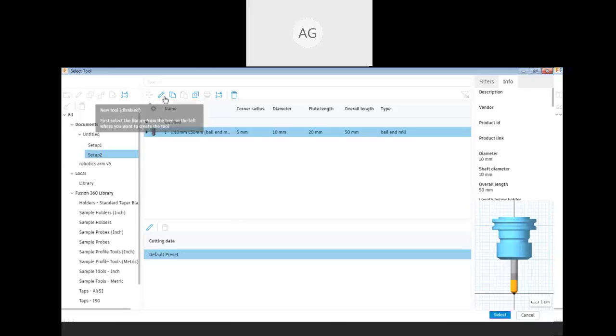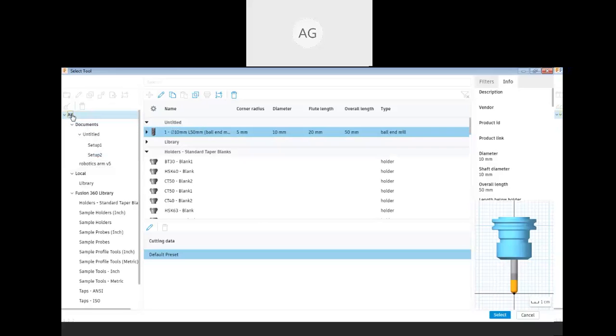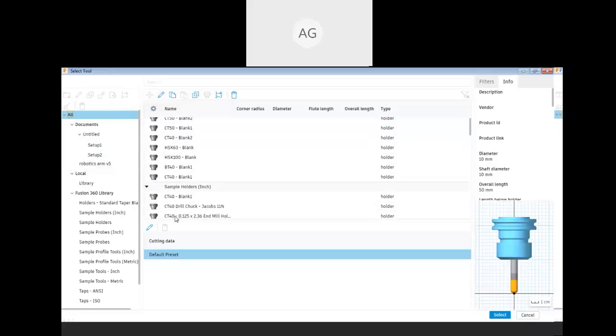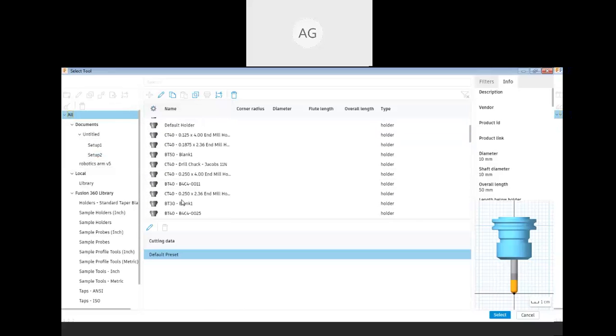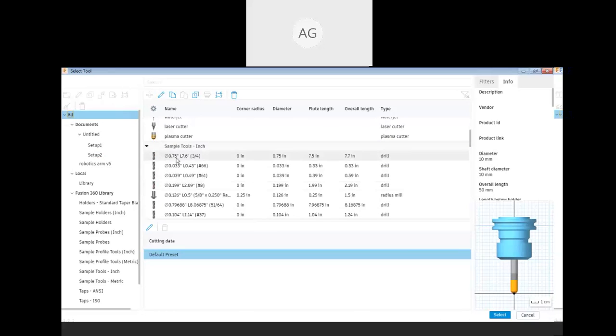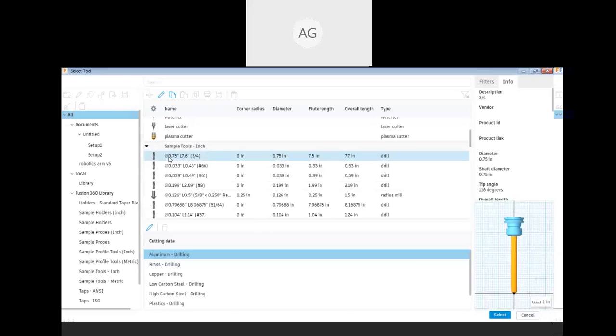If you want to create a new one, that also you can do. If you want to edit this tool, that also you can do. All tools. So any drilling tool you can take. I'm going to take a simple tool. This one drilling. So select this one tool.